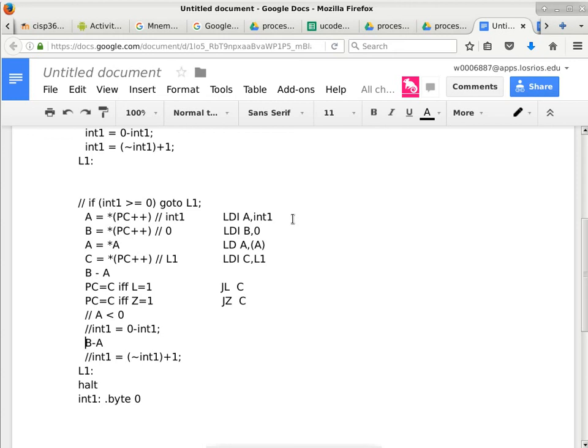But this time we want to store the result because we actually care about the arithmetic negation of this particular calculation, but we don't have a choice. We cannot say A equals B minus A because we don't have any instruction to do that. Is that okay? Because the instruction that we have is always doing something like this. But that's okay. We can just follow up with something like this because the thing is, we are